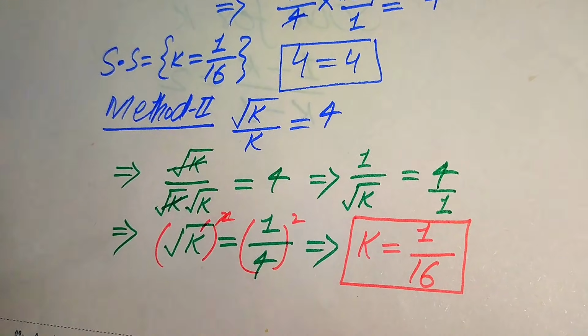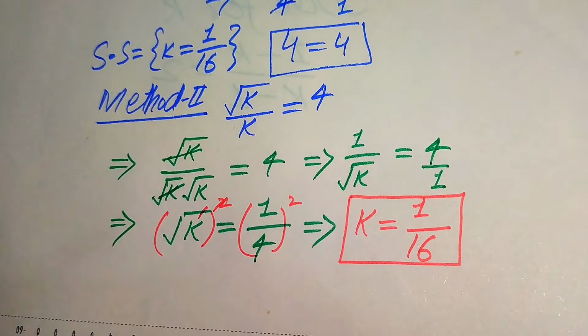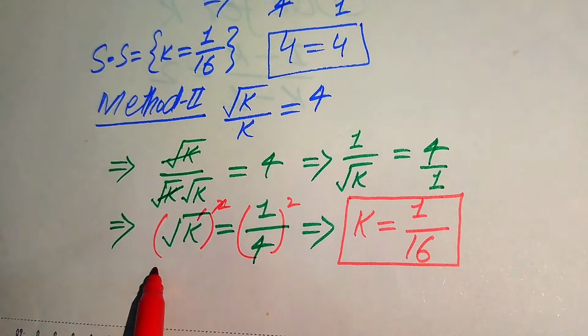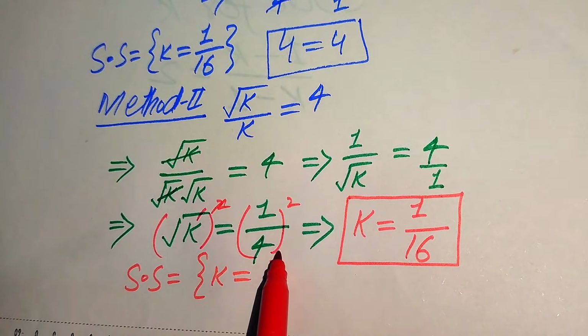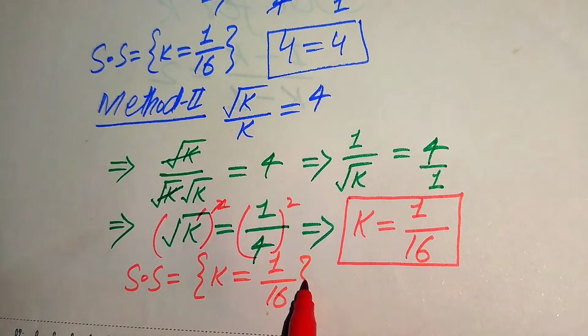In the first method we already verified that this value of k satisfied our given question statement. So finally, the solution set of this problem is k equals 1 over 16. So this is our